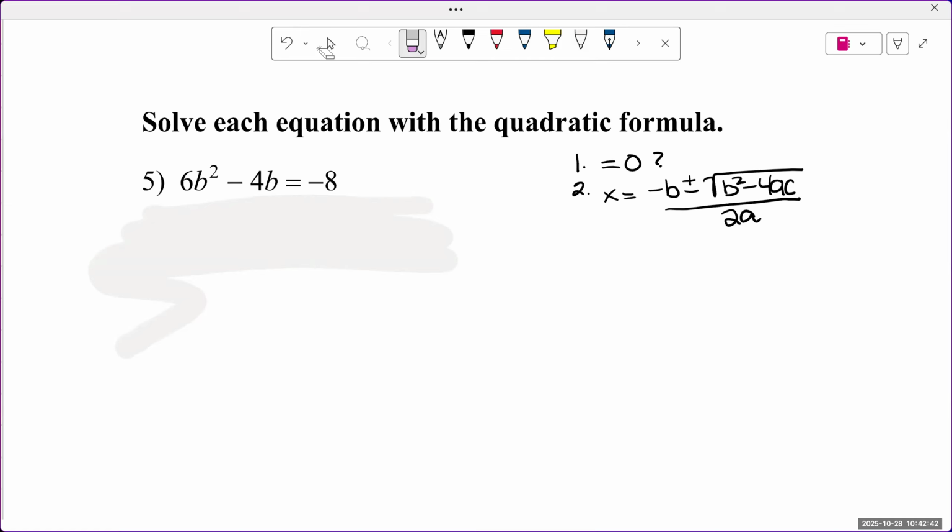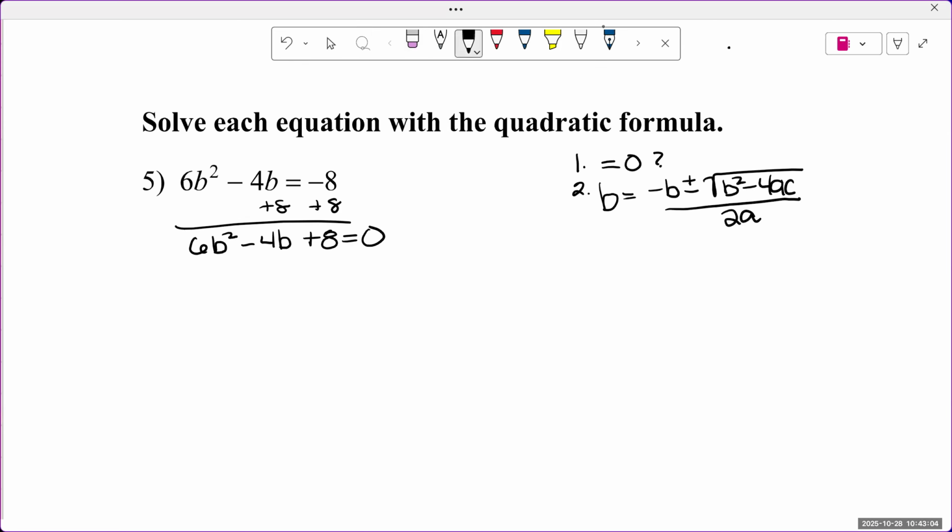The first step is everything has to be on one side and you need to set it equal to 0. So, let's add 8 to both sides so that we have 0 on the other side. So now we can plug into the quadratic formula. So technically, that's not x, that is b. We have one variable in here. So b is equal to